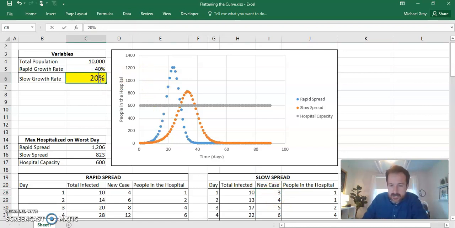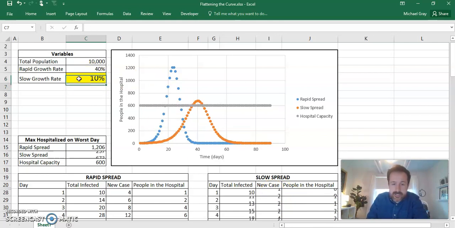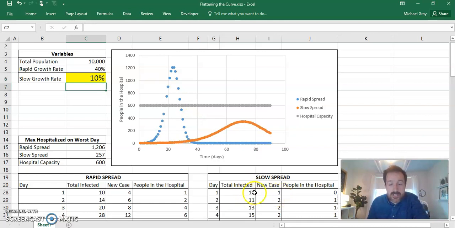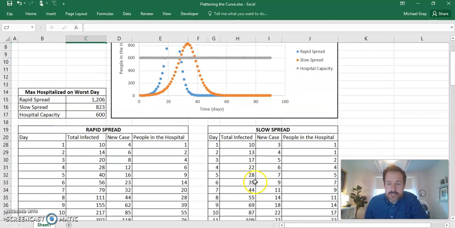If we were to change this to 2, it would change to 20%, okay? Or we could change it to even 10%, and we'll just create 1, right? So this is what percentage of people are creating a new case every day. Basically, how fast is it spreading? Okay, so as we go through here,